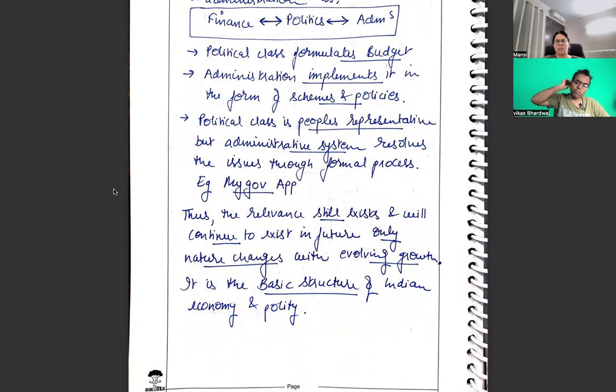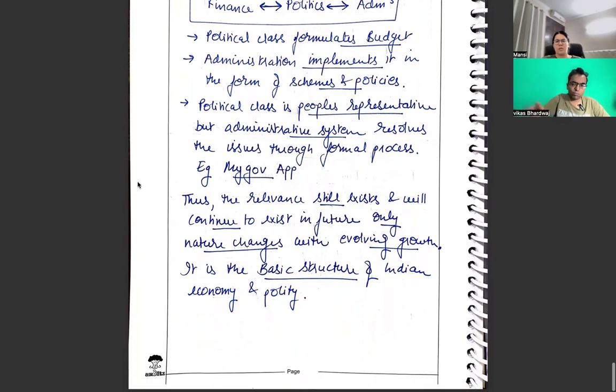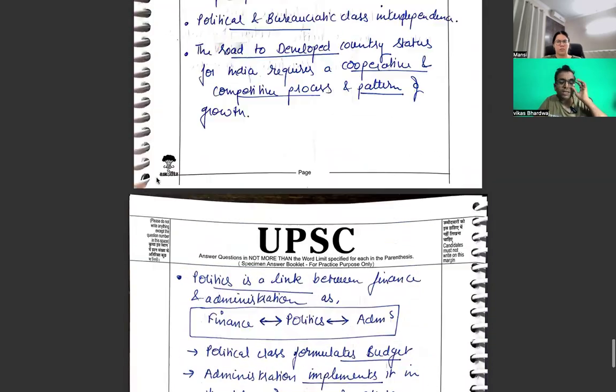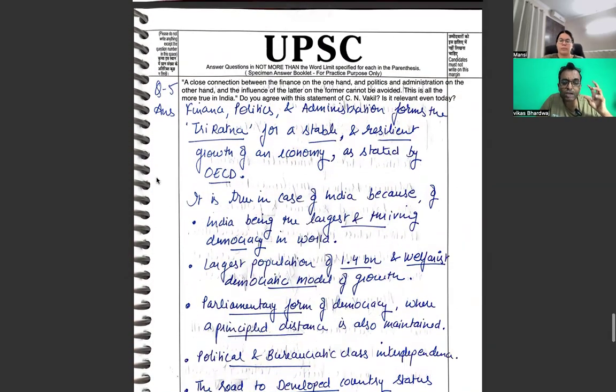So I think very simply written, but it can become a little more comprehensive. If we go back to the question again and try to see how we can make it more comprehensive, because it is saying a close connection between finance and politics and administration on the other hand. So what we can say, for example, loan waivers. Loan waiver is finance. Asking for loan waiver, meaning allowing for loan waiver, is politics, and obviously RBI and state governments are implementing it. So loan waiver is a very important example.